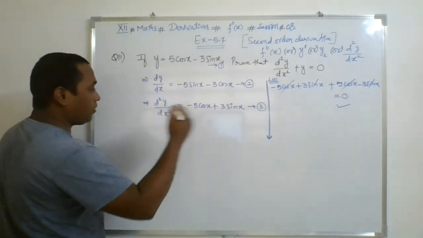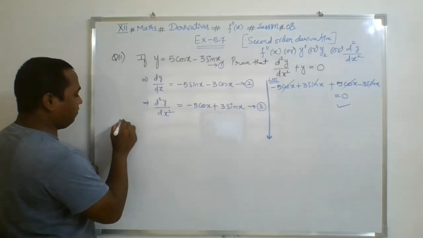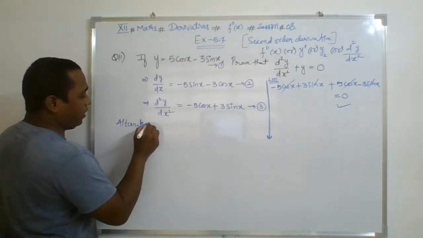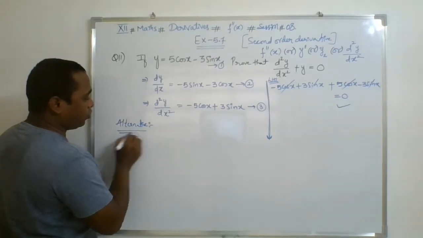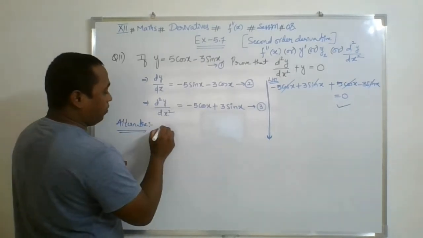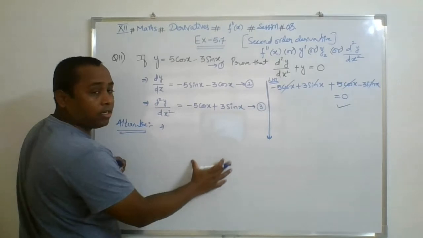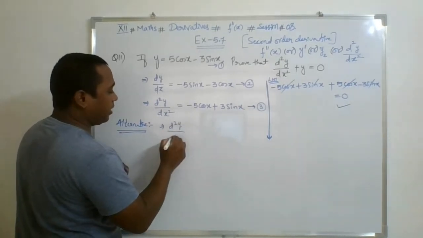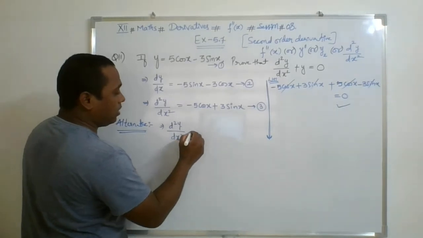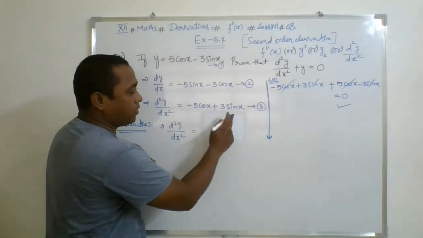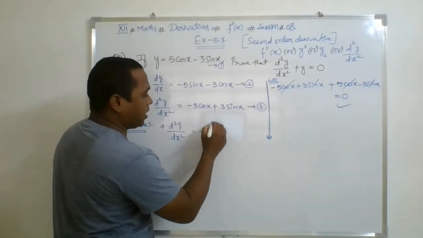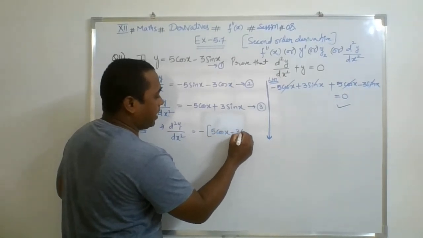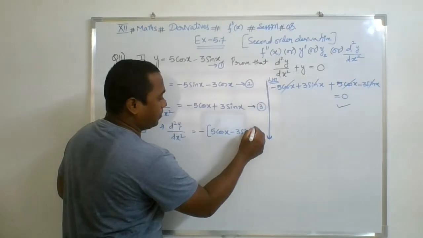See what they can do. Alternative way. I am taking an alternative. It's not necessary to do it this way. There are several ways to think about a question. Now, I'm just modifying this third equation in such a manner that I can directly get the desired result. If I take minus common from this entire expression, it becomes 5 cos x minus 3 sin x.